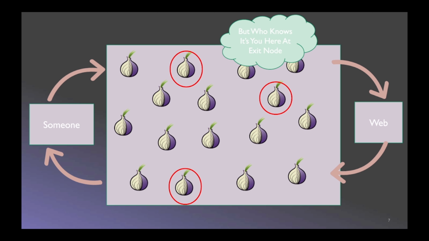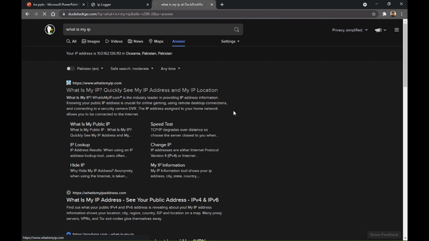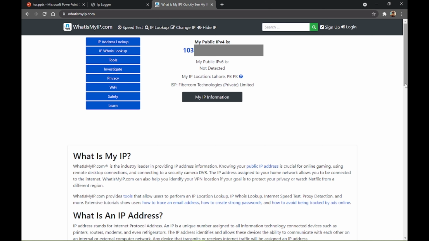Let me show you one more thing that can tell you why I am in danger while using Tor. For that, I would go to What Is My IP, and let's get to this one here. This website is giving not only my IPv4 address, but also my ISP, and also the country of residence, or where this IP address is located.